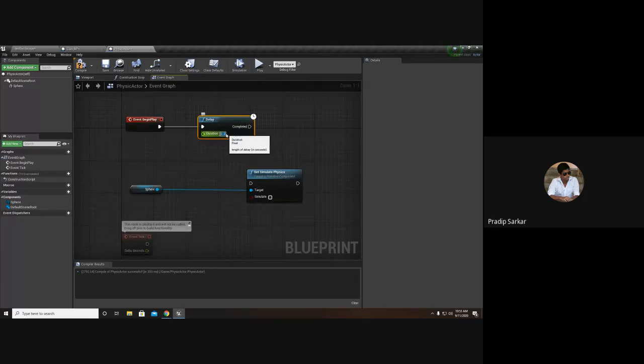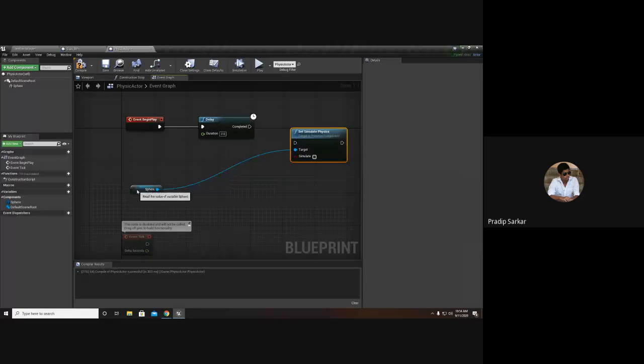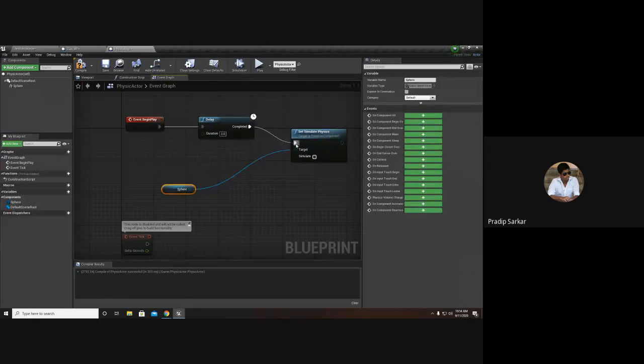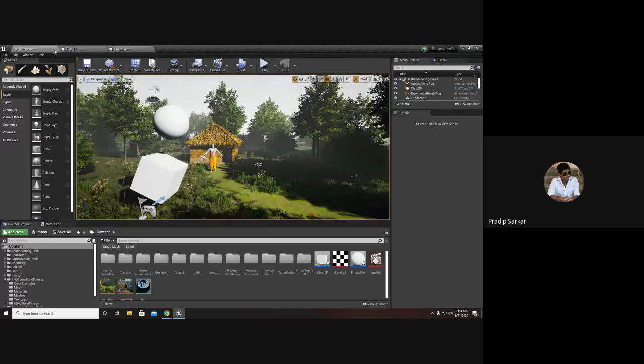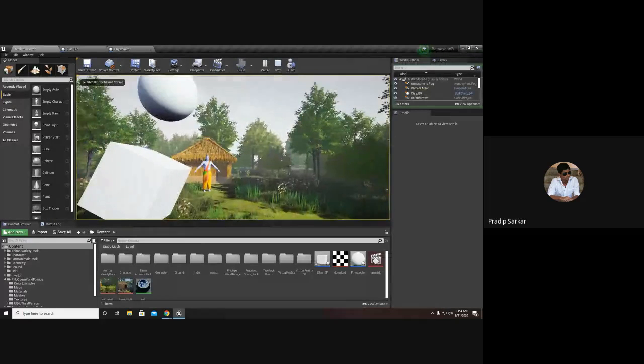I will give a delay of, let's say, 3 seconds. After 3 seconds, the physics should be enabled for this game object or the actor. Now when I hit play,